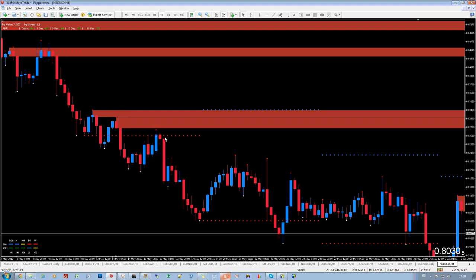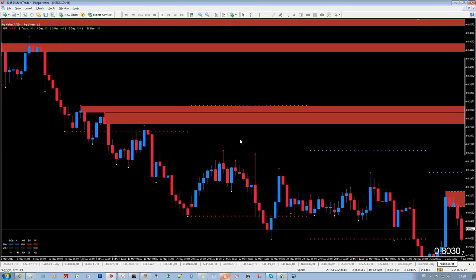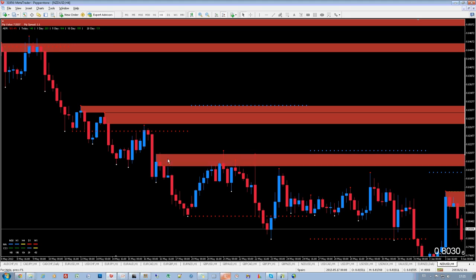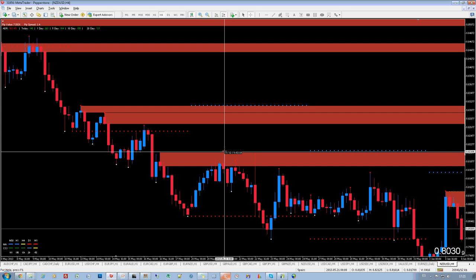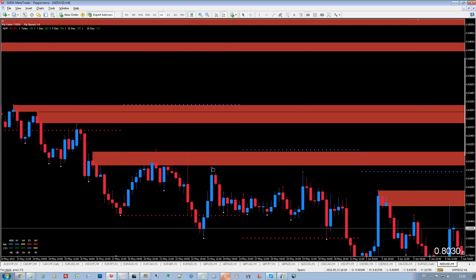On the 1-hour there will be more entries. So we have another level over here, and doesn't make it either. And here we have a level, okay? And this one is the one that makes it. And this is not a loss because I normally use it between 5 and 10 pips wiggle. So this is not a loss, okay? So we have a second entry here, and then we have another one over here,